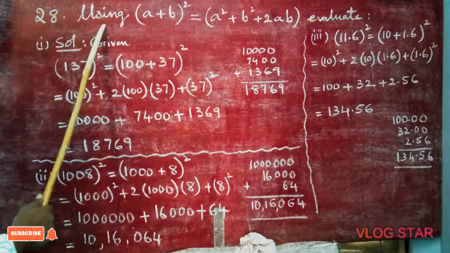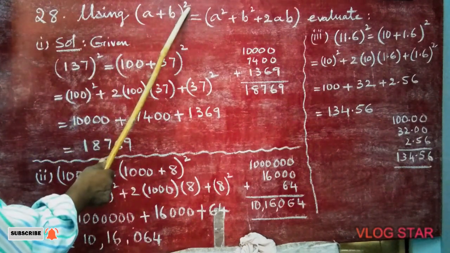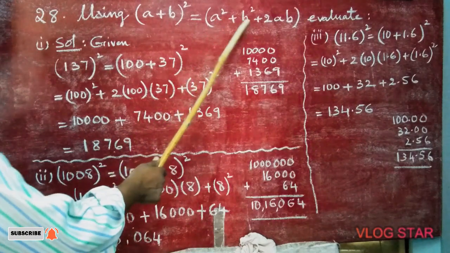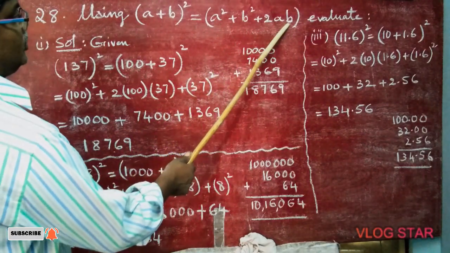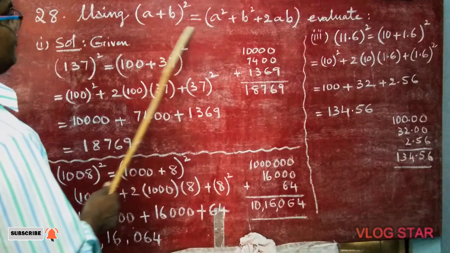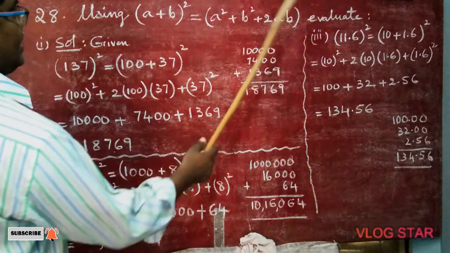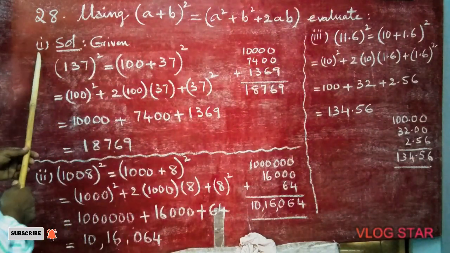28th problem. Using (a plus b) whole square is equal to a square plus b square plus 2ab. Using this formula, we have to evaluate. First problem,